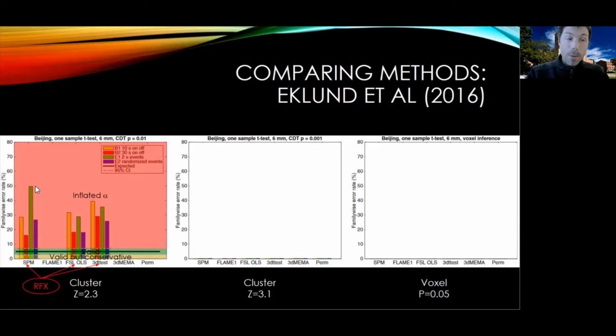Then, if you instead do the same with FSL Flame, you actually get a pretty good result. You get a valid analysis for event-related designs. You seem to get maybe 12, 13% alpha if you use the block designs. But if you use 3dMEMA, which is the AFNI tool, you actually still get very high